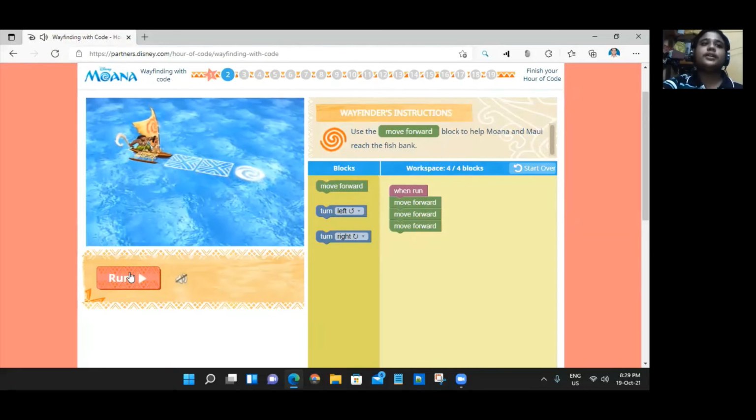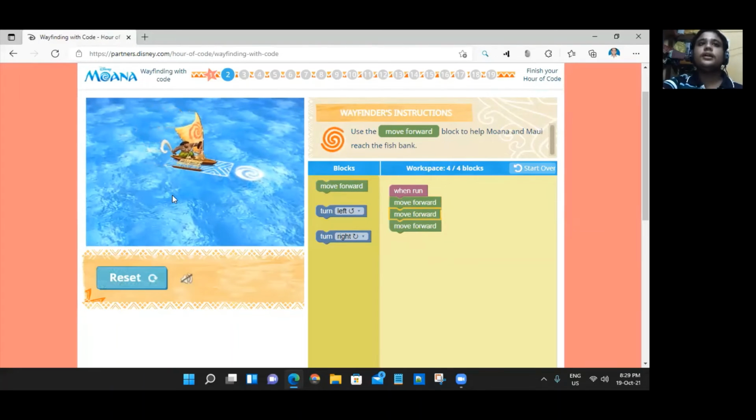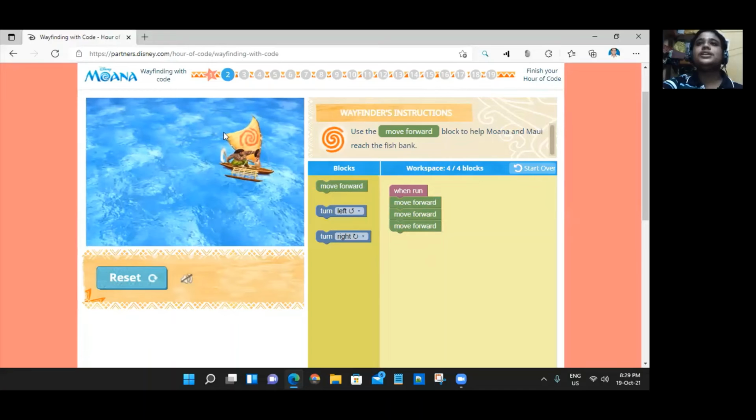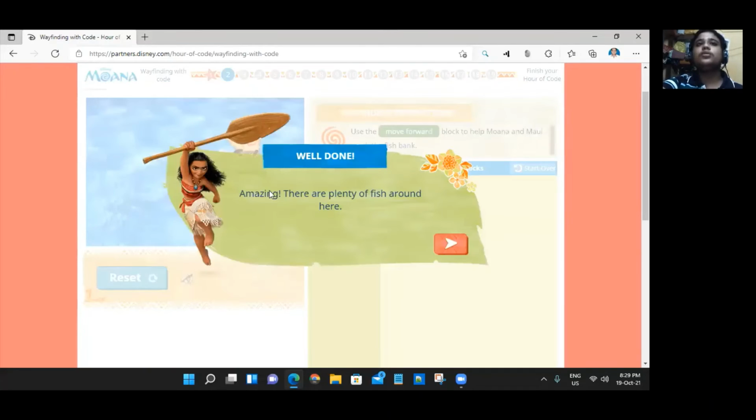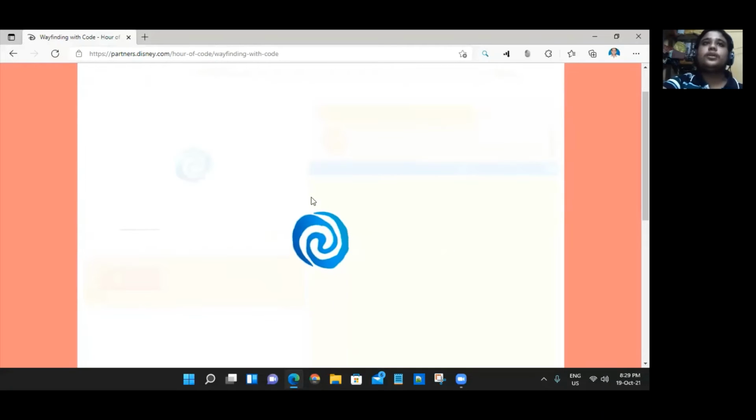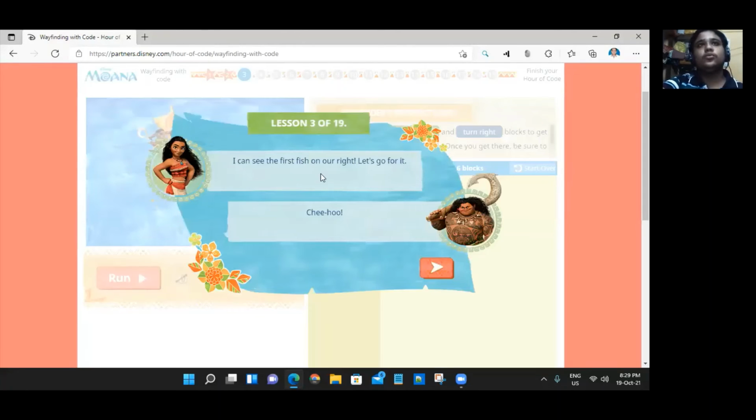This code is ready. Now I run this code and the boat comes to this fish bank, or this round area. Well done. You complete this lesson 2.